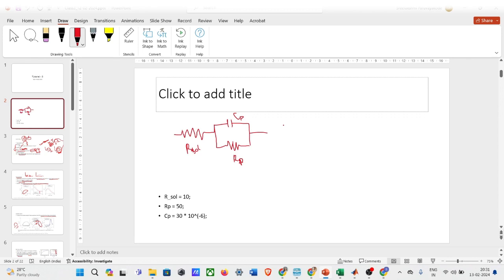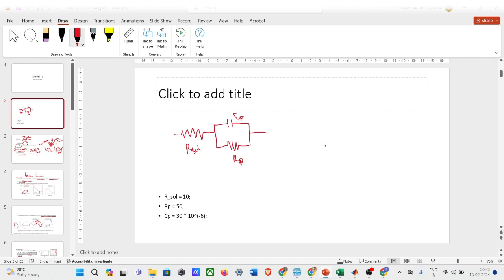We have to calculate the impedance in the real and imaginary parts. Basically the only difference is that when we did the numerical problem, I had already mentioned the frequency. So you can calculate the omega value as 2 pi f and substitute. Here the thing is